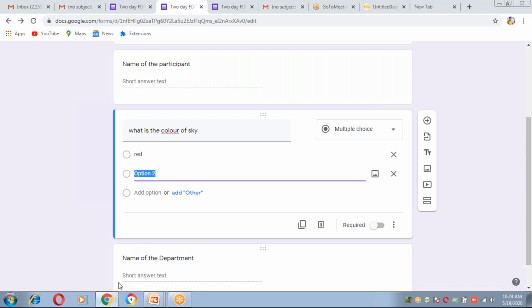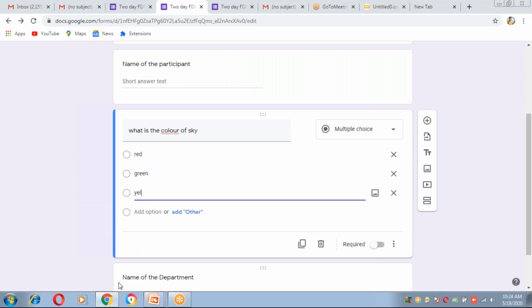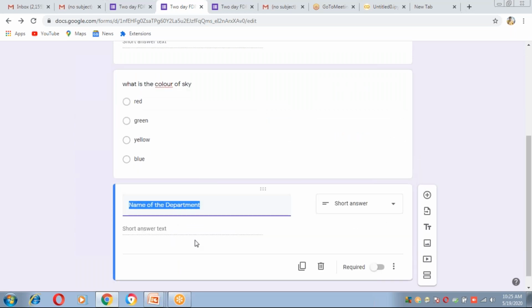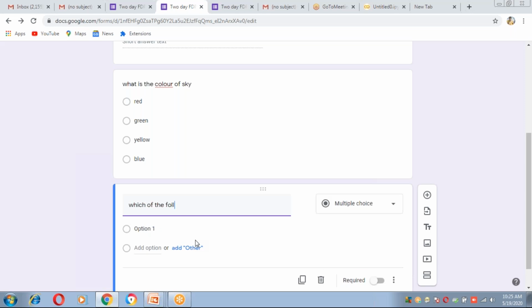Press enter and some other color. Press enter, some other color. Press enter. Okay, likewise I have given four options. Similarly, the next question. Just simple questions as per our subject, we can give.